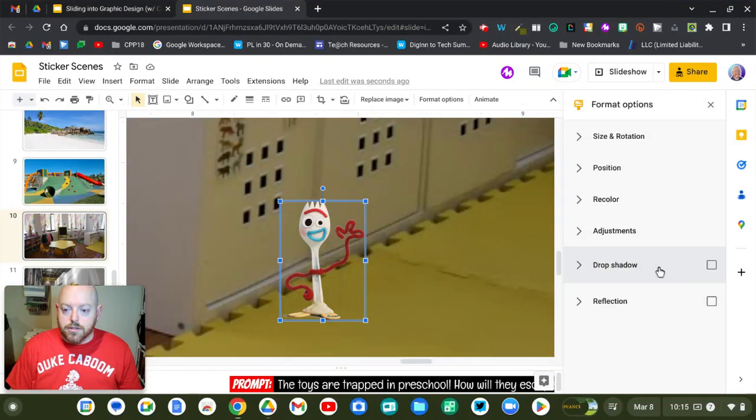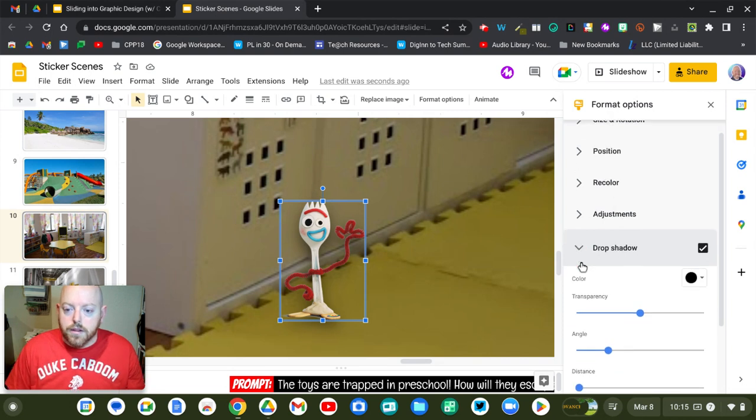Now, drop shadow is a really cool feature because it actually makes it look more 3D and it kind of pops out from the scene. So you see already by just checking that one little box, he goes from having no shadow behind him to having a shadow behind him. So that's pretty cool. And from there, you can adjust those